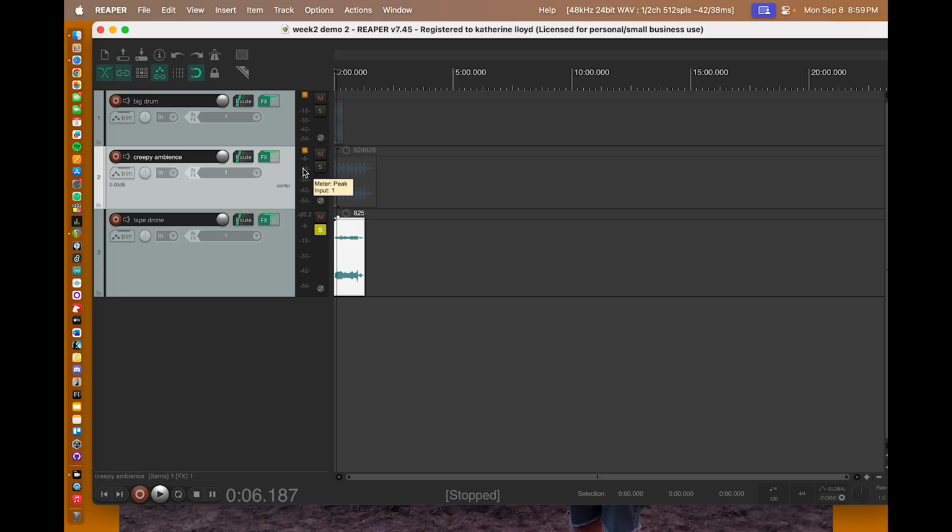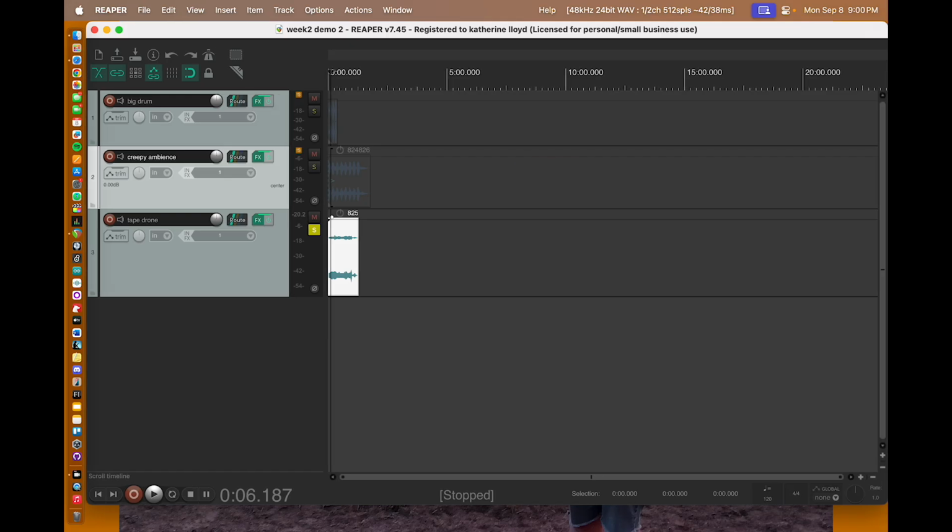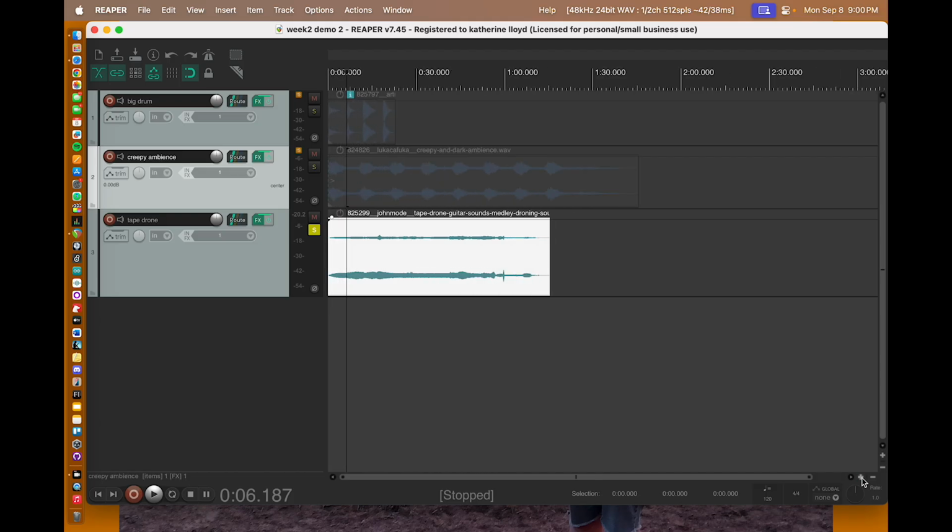Great. So we have 3 new audio tracks in here. I just want to show you guys that you can move things around. I can't see this very well right now, so if I come down here, down at the bottom right corner, and click this plus button, it's going to zoom